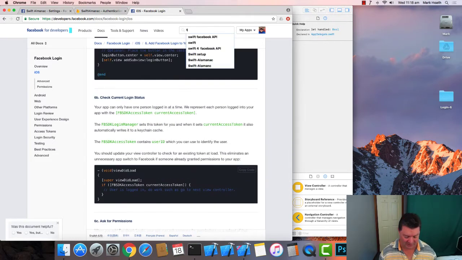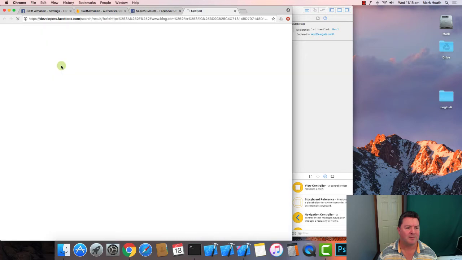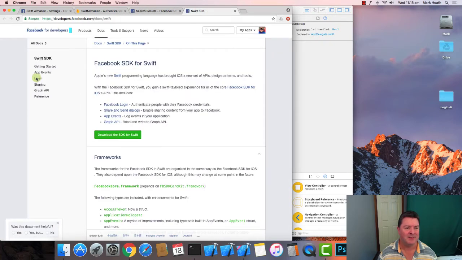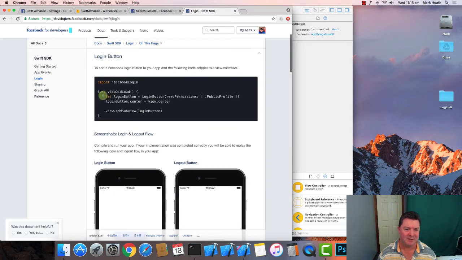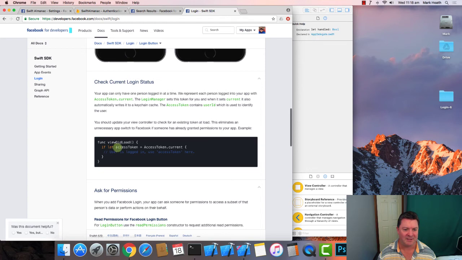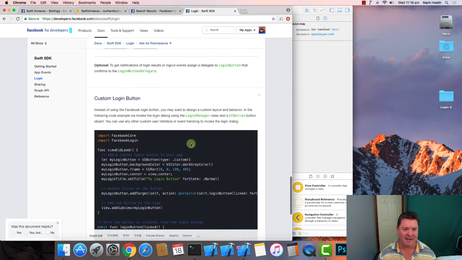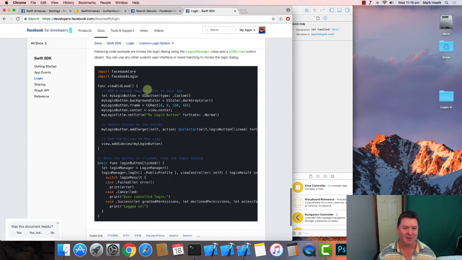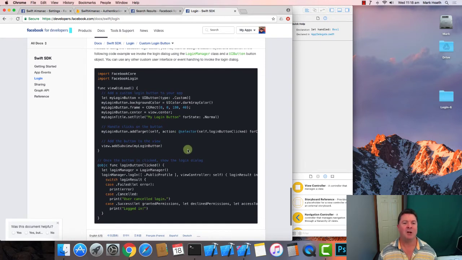So if you do a search on Swift API, Swift SDK documentation, and we go to login here, it'll give us this code: let loginButton equals LoginButton, and add subview. It'll show us what it looks like, and how to check the current status, which is what we did in the app delegate, how to ask for permissions, and then there's this section here on doing a custom login button, and this code is kind of what